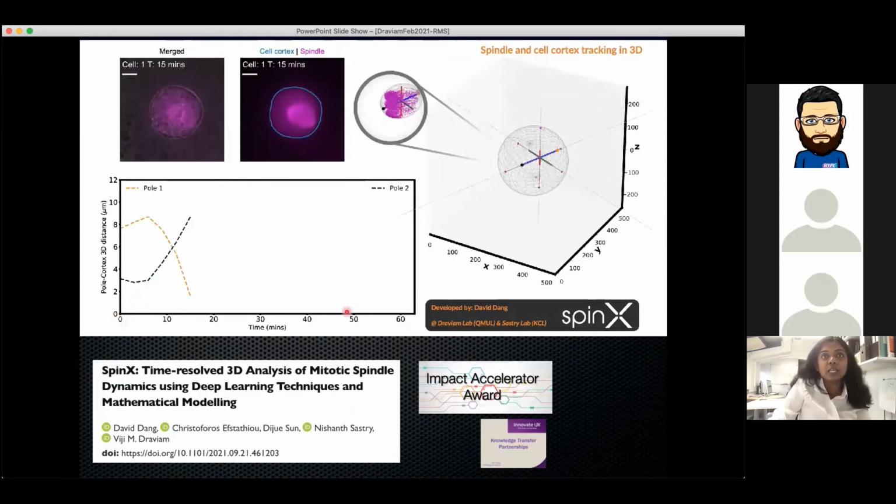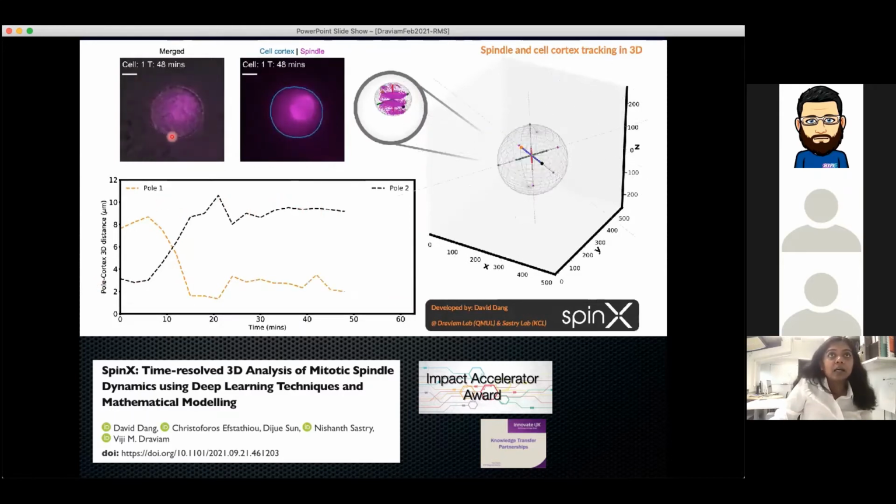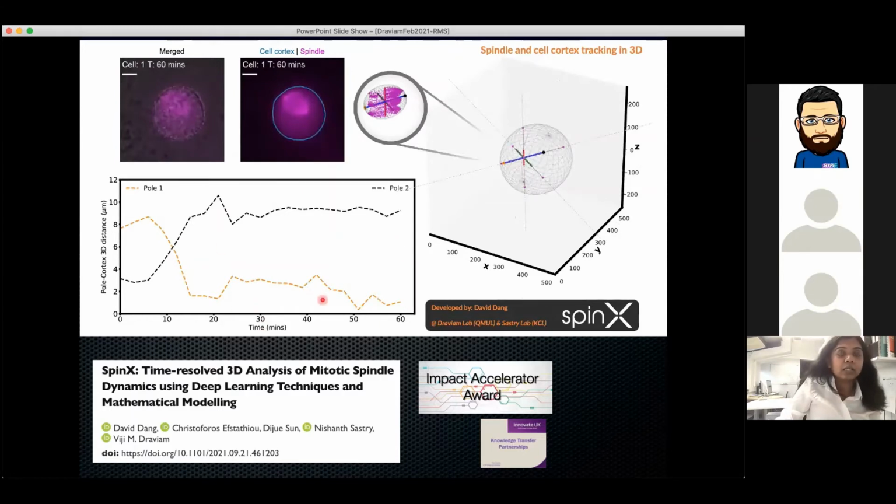So what you are seeing is SpinX tracking the spindle poles through time. Pole 1 is in yellow and pole 2 is in black. And you can see as the poles move and search across the cortex, you can actually observe the movement through time, the reduction and change in pole to cortex distance. And we are able to see this now,